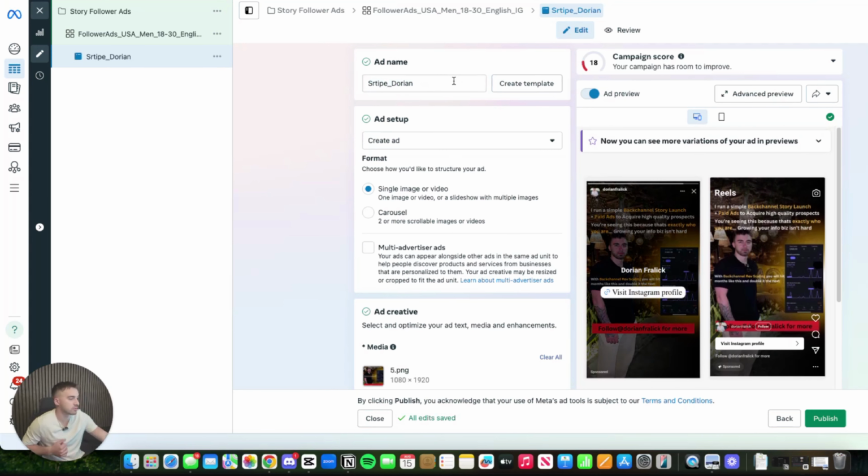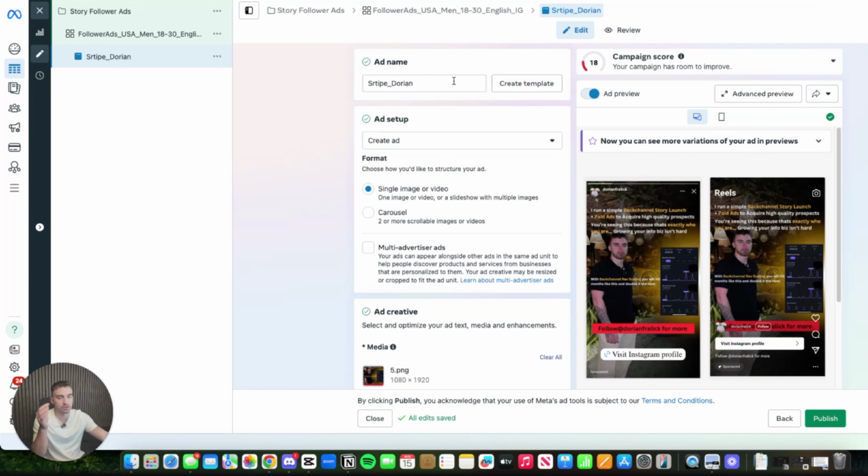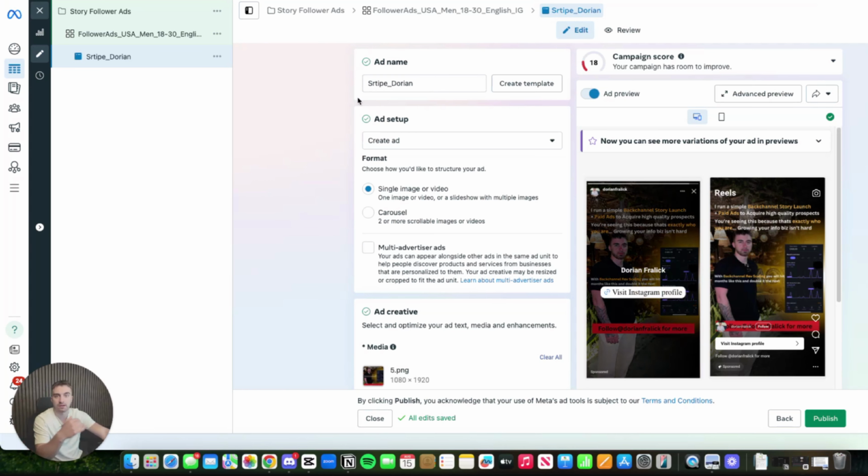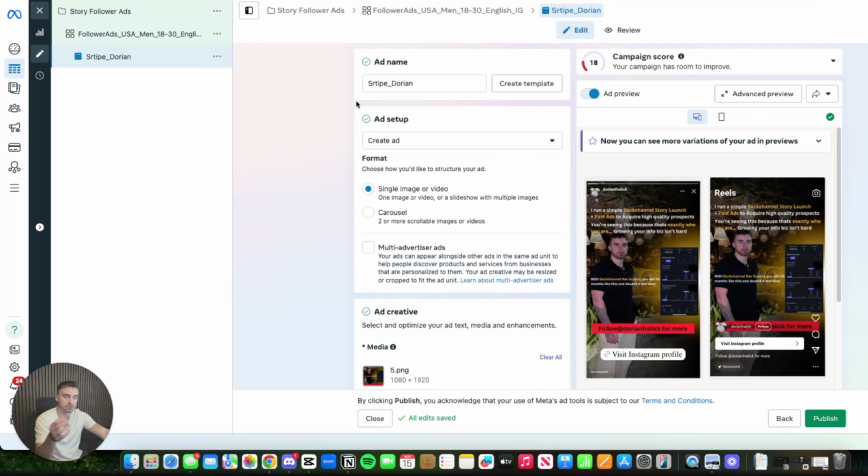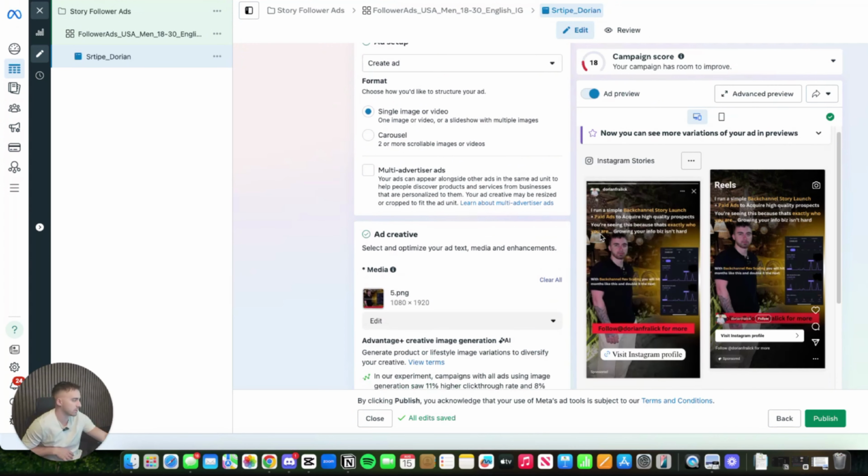So naming conventions are not too important. I mean, it's important, but you just don't try to overdo it. If you understand what it means, that's all that matters. Someone else does not need to come in here and understand it. It's only up to you, because everyone names it differently. Everyone has their own kind of naming conventions. So don't worry too much about that. Just keep doing what you want to do as long as you understand it, okay?